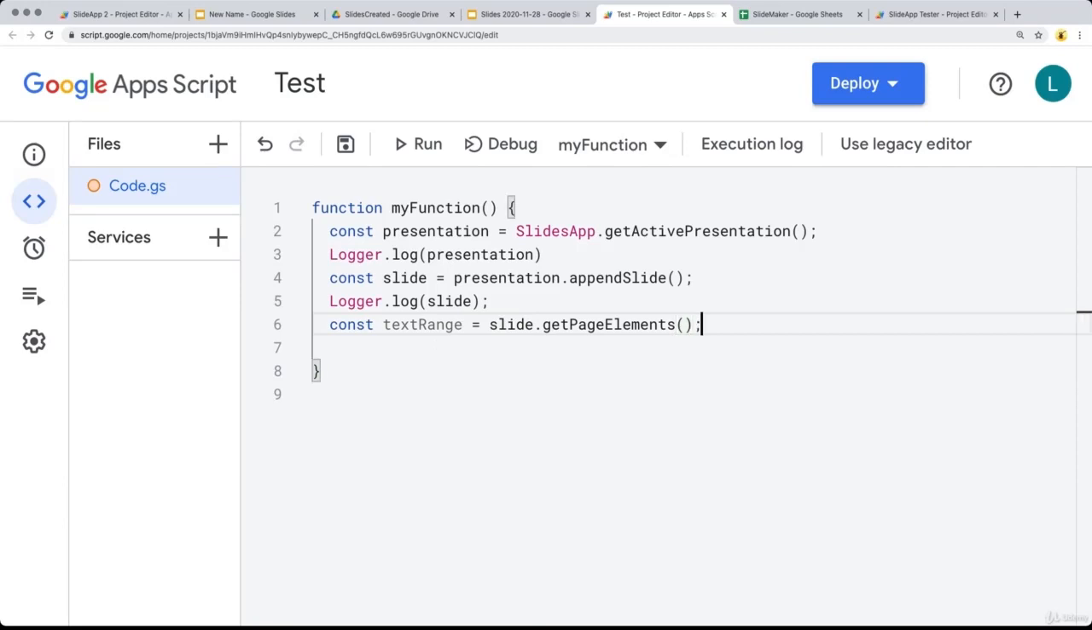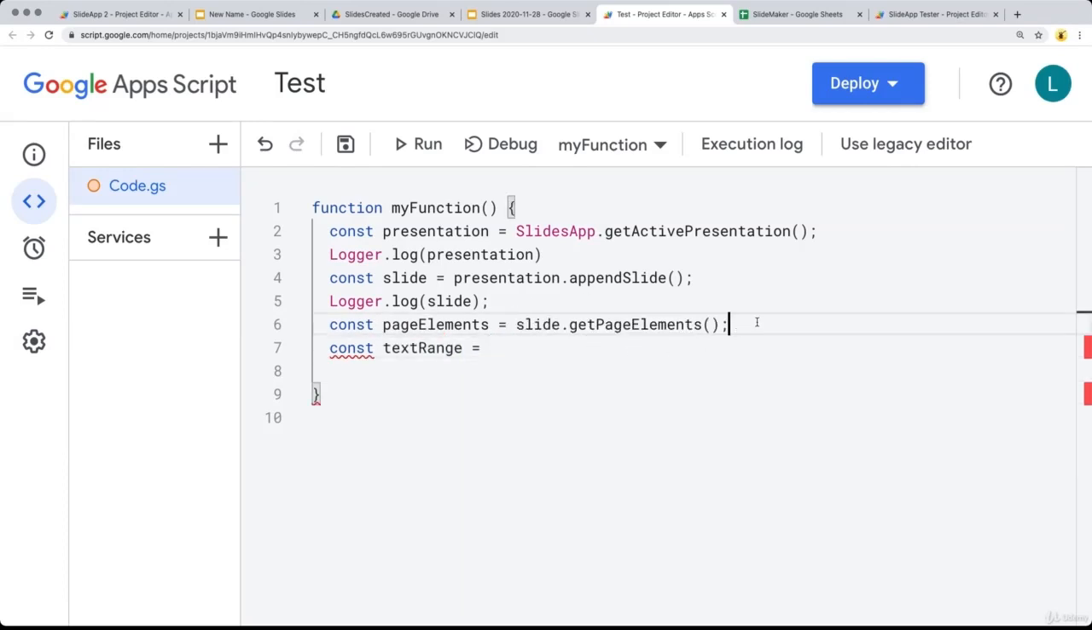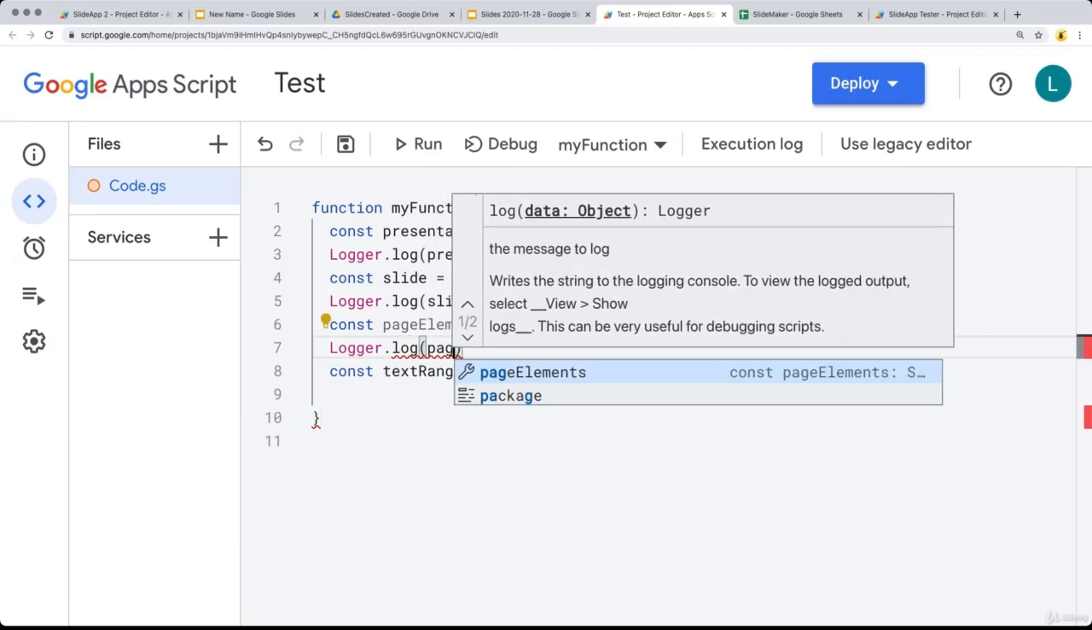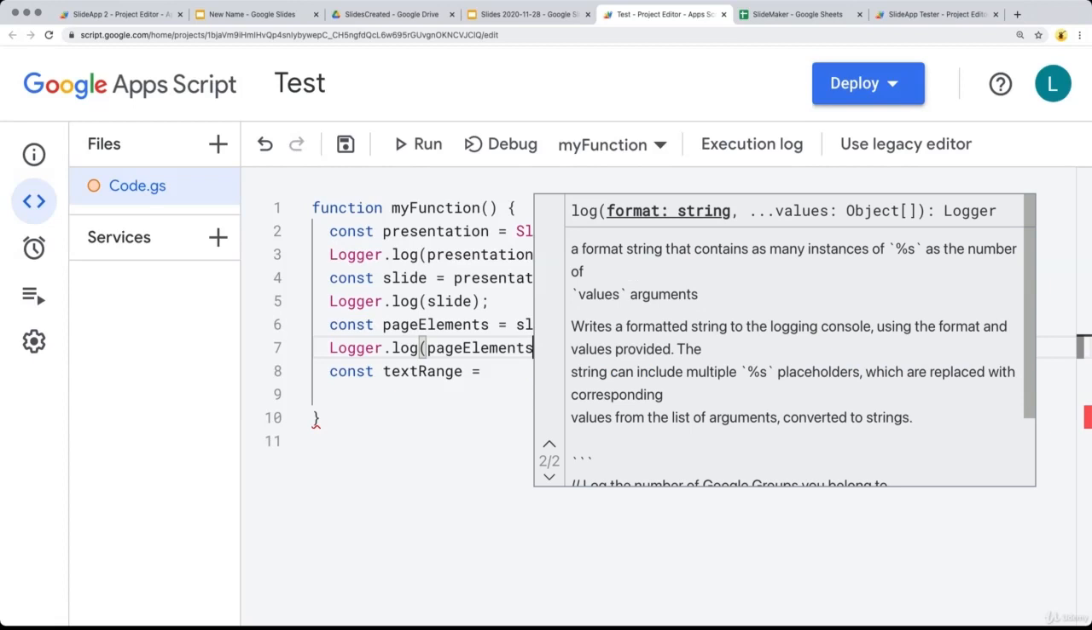And this will return back a listing of all the page elements. And actually we'll do the text range after. So first we'll do page elements and returning back a listing of all the page elements, and then we'll loop through those. So within the Logger.log, we've got the page elements object,